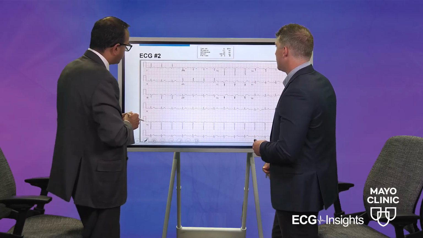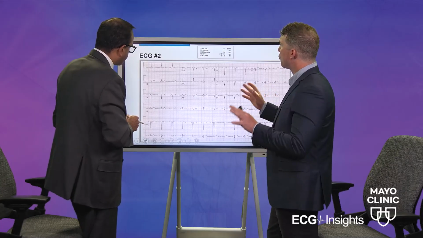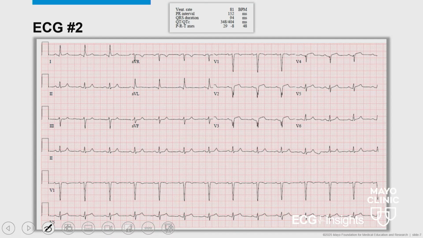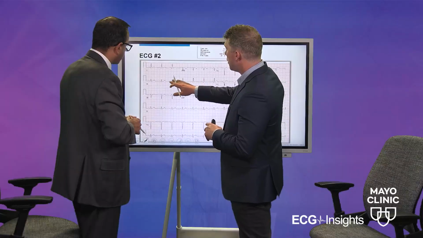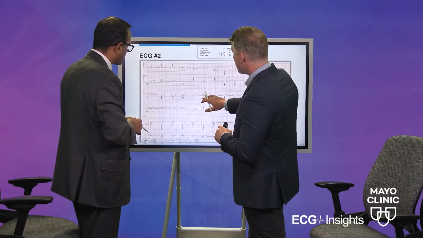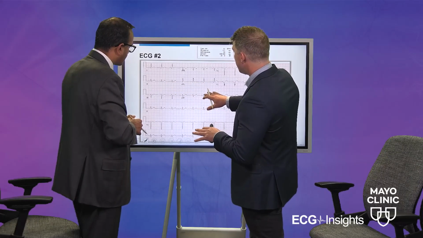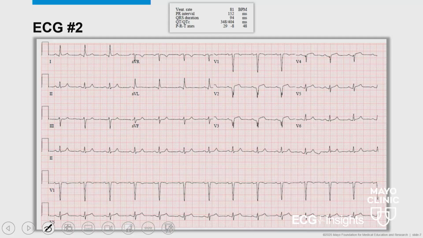Absolutely. So somewhat similar to the previous ECG, this ECG is not what I would consider acute, but it's somewhat related. It's not the same patient. But when we're overall looking at this ECG, we talked about in the beginning how lead 1, aVL, your high lateral leads, 2, 3, aVF into your inferior leads, I don't see really too much as far as ST abnormalities in these particular leads.